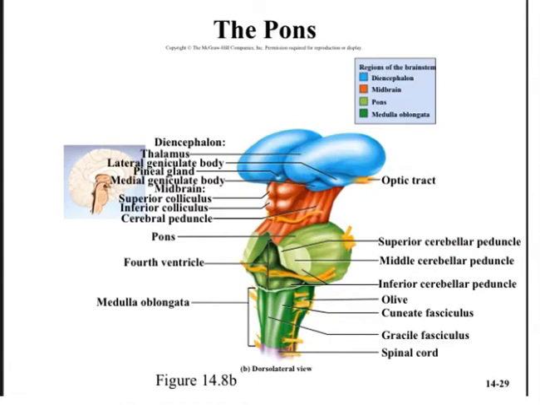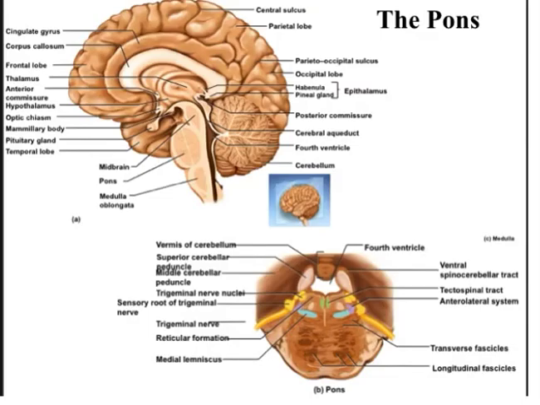Okay, let's talk a little bit more about what the pons does. It's an anterior bulge in the brainstem. It is rostral to the medulla. It contains cerebellar peduncles, which connect the cerebellum to the pons and to the midbrain. It also contains ascending sensory tracts and descending motor tracts. The pathways in and out of the cerebellum